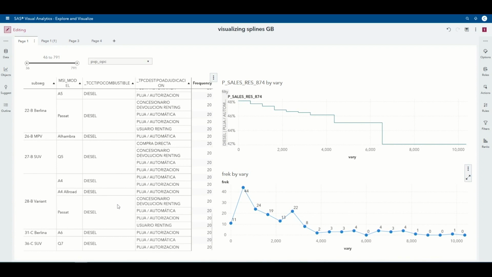So here we see that with more than 6,000 euros in optional equipment, the residual value suffers, it drops a lot. And if you read this information together with the frequency plot of what your portfolio looks like, you can grasp the risk exposure you have with your portfolio.